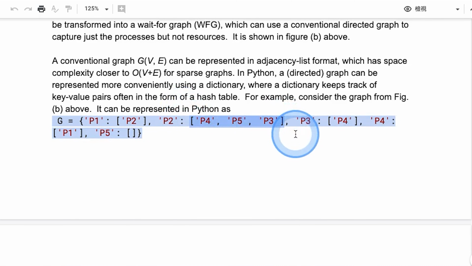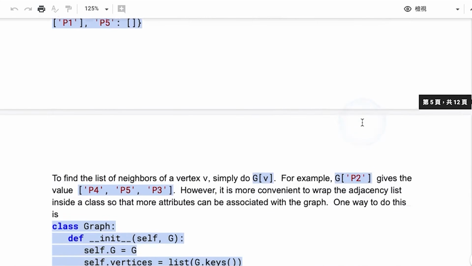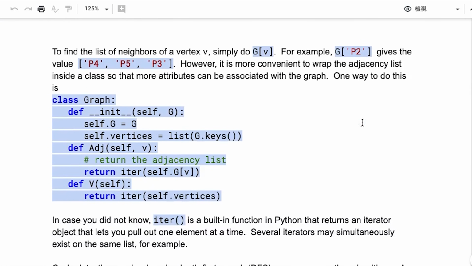So why do it this way? Because you don't have to invent yet another language. You write it directly in Python. Otherwise, you have to do another graph language, then you have to do a parser for it, and this and that, right? So this way, it's very easy to understand. But then to make it nice, you package it up in a class.